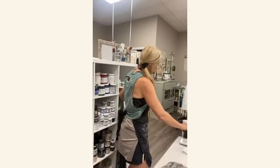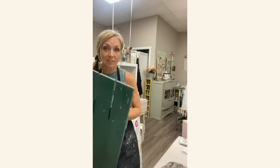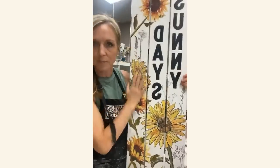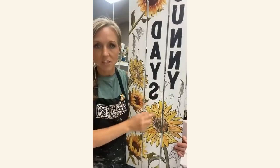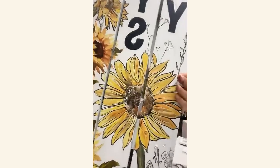So I have all these old shutters that I had, like 160 of these shutters that I upcycled, that I salvaged. This one says Sunny Days. This was a custom order. The customer's still waiting to come and get it. This one I added some transfers to. So I did a little bit of the sprigs behind, but this is what I did with the stamps,